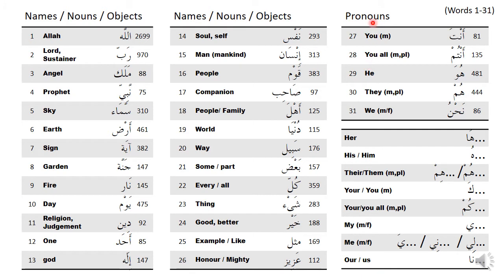The next set of words is the pronouns, these are the pronouns we spoke about earlier. And then here we have attached pronouns, which aren't words in themselves. These 3 dots mean they're attached to the end of words. They can be attached to nouns and verbs. It sounds a little bit complicated. We're going to see examples shortly, but just keep in mind these are just attached pronouns, and they have these meanings here. In English, these are separate words like there and them, but to show the same thing in Arabic, you attach him or hum to a word to make it there or them. And we're going to see examples of that soon.